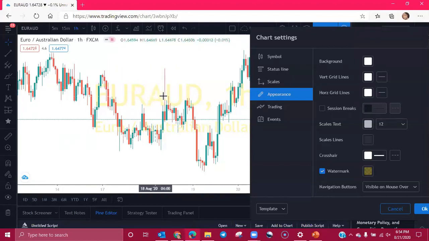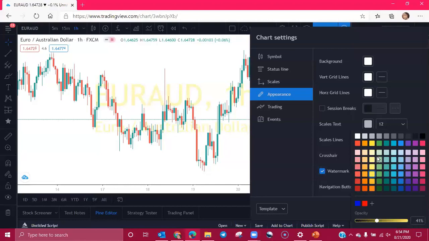So you can have that on or off. Some find it helpful when you're on the chart. That way you don't have to try to look in the corner or look on the other side of the screen. You can keep that on. You can turn it off by unchecking it. If you like it there, you can also change the color and the opacity of it.